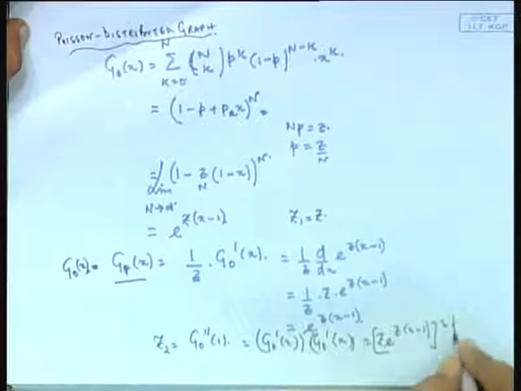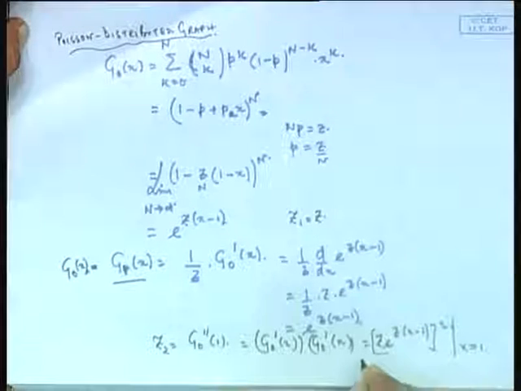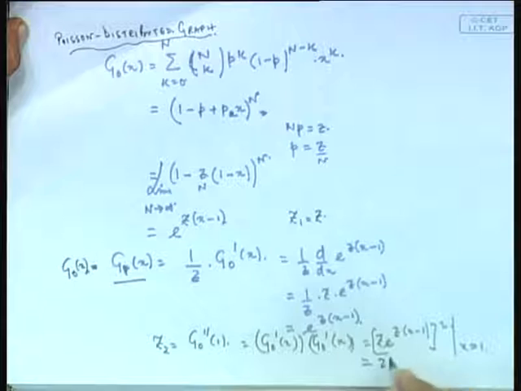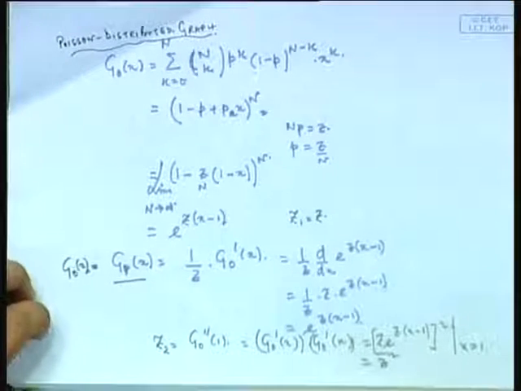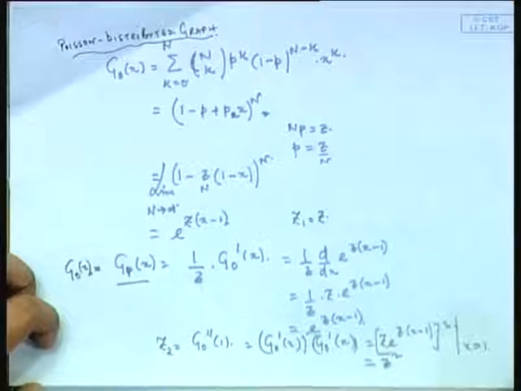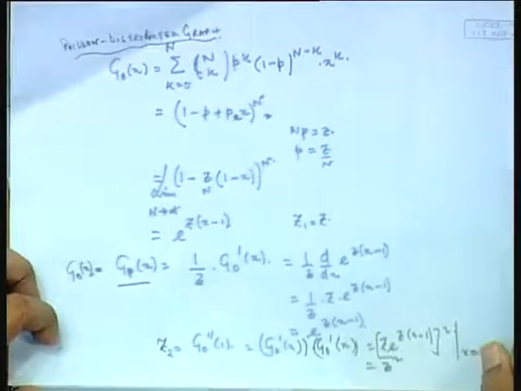So, this squared at x is equal to 1 gives us z square. So, Z 2 is z square. Take the next one,